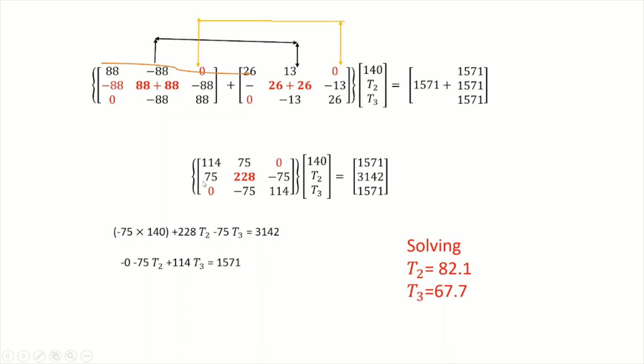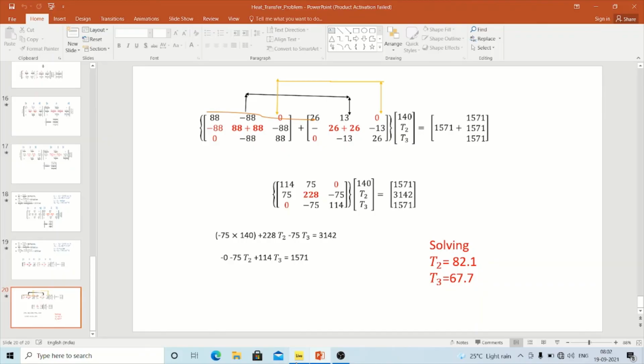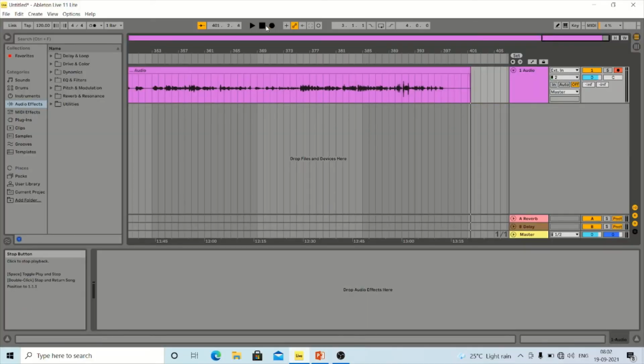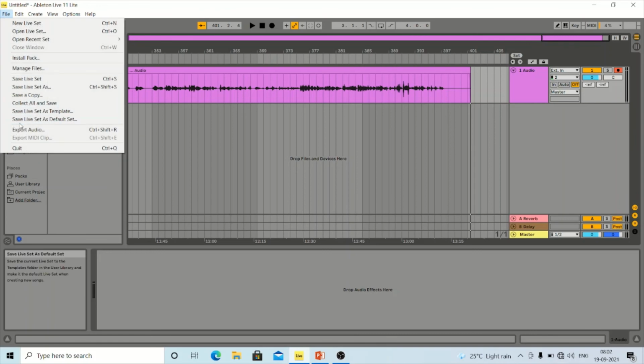Now the upper part we will neglect, because there is no unknown term. So 75 will go to T2. Here it will be minus 75 because it is minus here. That's why I have put minus here. You can check that, it is not a major thing. So minus 75 into T1, 222 into T2, and this one will go to T2. We will equate to 3142. Similarly, we will equate this part to this matrix and solve it. So we will get the answers T2 and T3. At node 2, T2 is 182.1 degrees. So this is a mathematical approach to solve a heat transfer problem with a fan. Hope you understood it. If you have any doubt, you can comment.